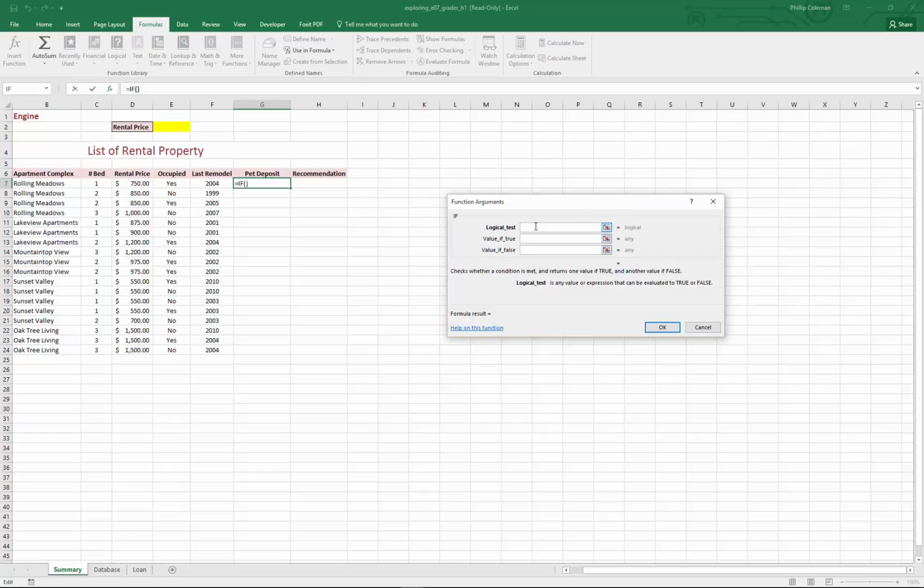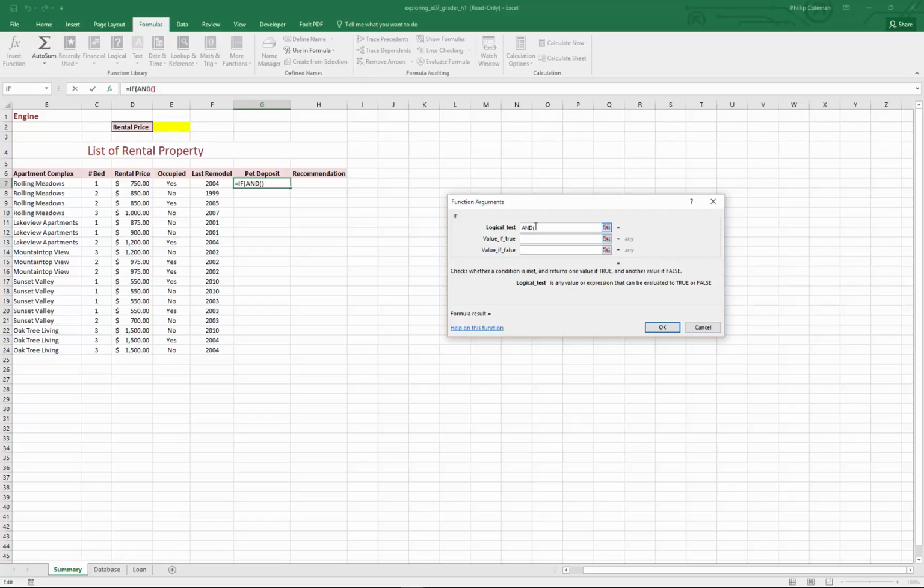And the logical test is to see if C7 is equal to or greater than 2, and F7 is greater than or equal to 2008, then 125 else 75. So we've got the if already there, and we will do the and right here